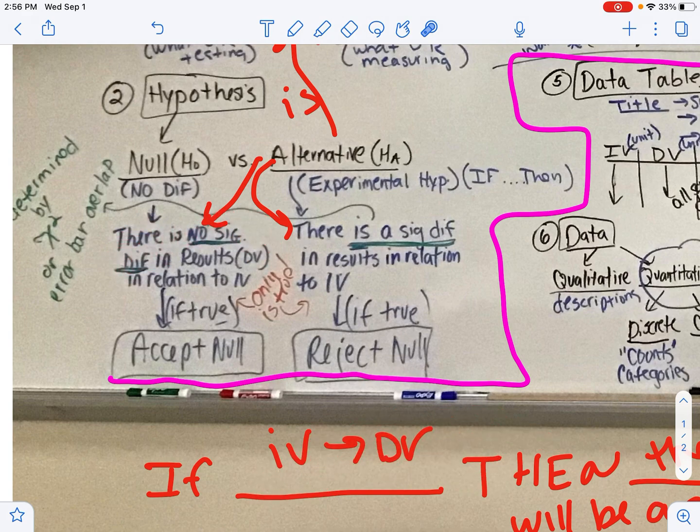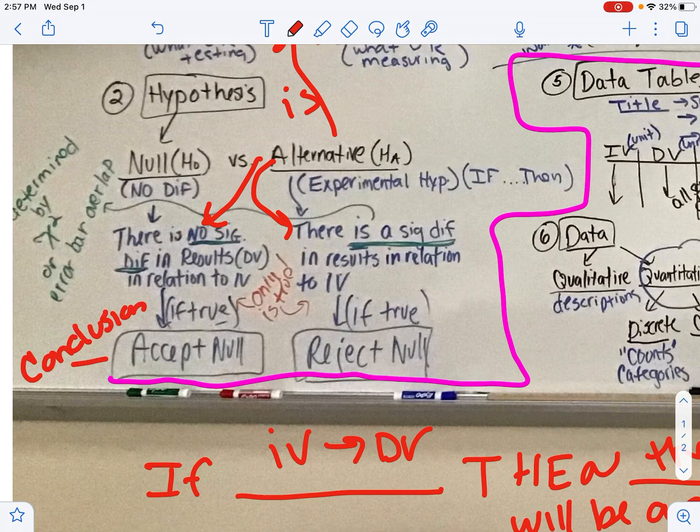Now, when we make conclusions, and you're probably not used to this, let's say we test different colored lights on plants, and there is a statistical difference, okay? Let's say the ones in blue light grow a lot more than the ones in red light, okay? Instead of saying blue light causes more growth in plants, they want you to get away from saying that word cause, because you really don't know. All we know is that the blue light one grew statistically more than the red light. We're not sure exactly that's a cause. We're kind of thinking that might be,